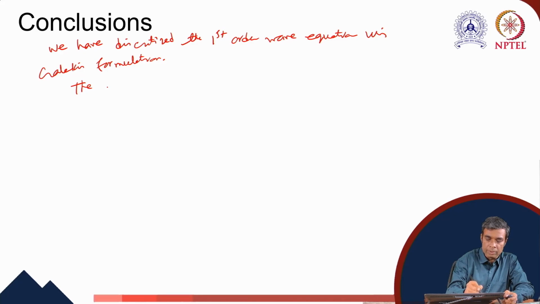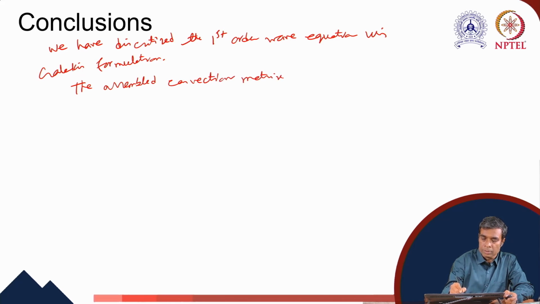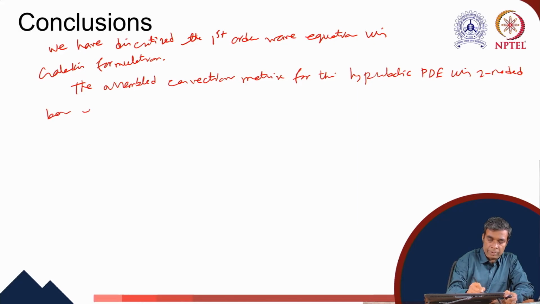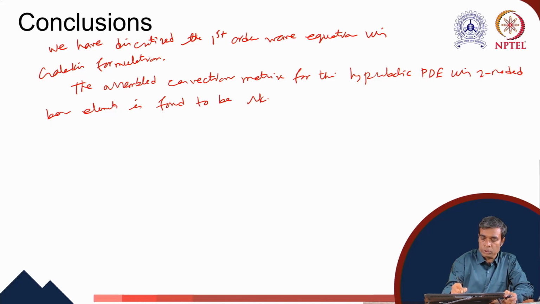The assembled convection matrix for this hyperbolic PDE using two noded bar elements is found to be skew-symmetric,